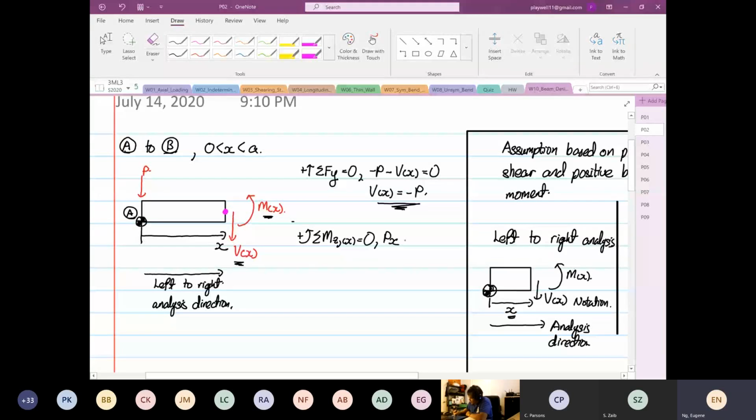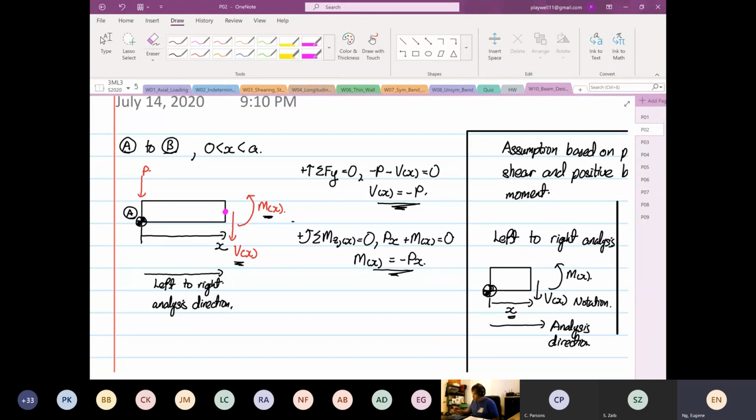Okay, then plus m as a function of x, the whole thing will equal 0. So m as a function of x is equal to minus px. So again, these two are our equations. Okay. So now,